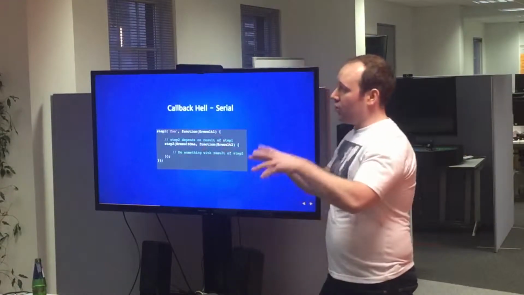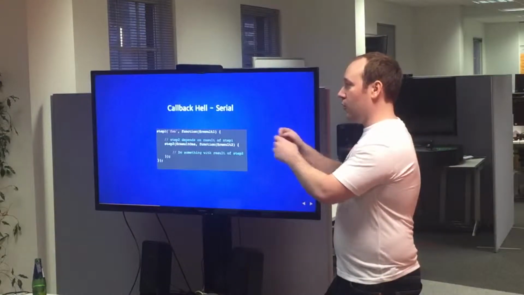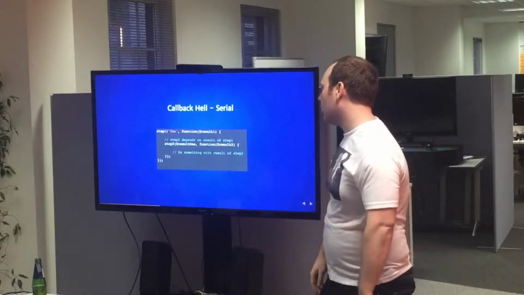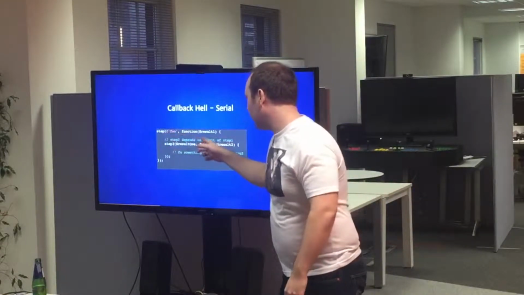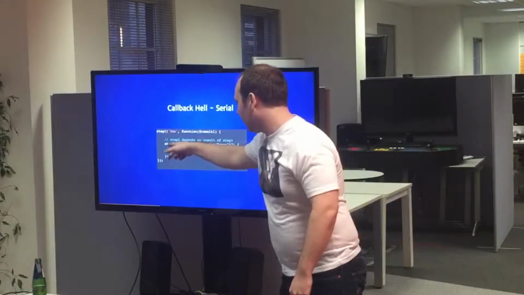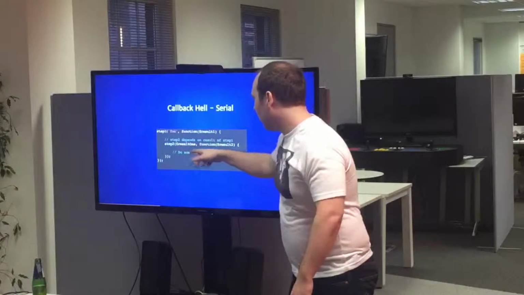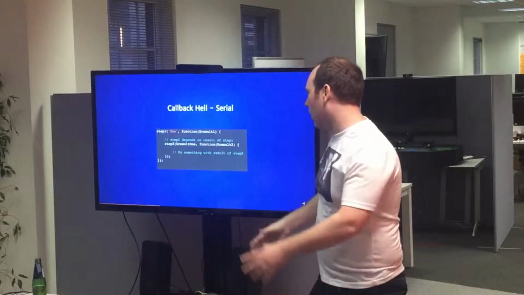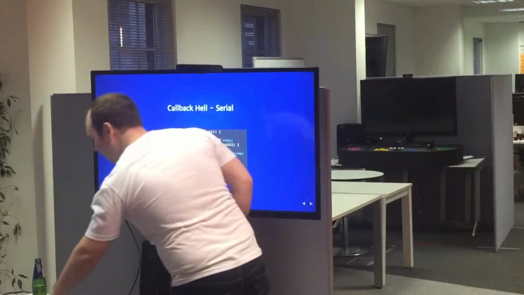And let's imagine that you want to do one thing, take that result, and then do another thing with that result, and then do something with the result of two operations. You end up with this thing where you have one function and a callback, and then another function inside that with a callback, and it just goes on and on, going down further to the right as it goes down. So that gets really messy really quickly.